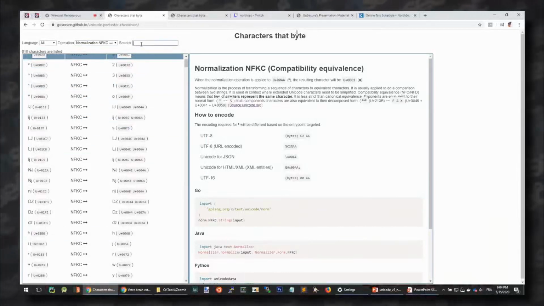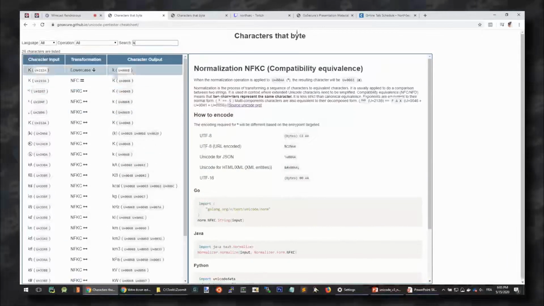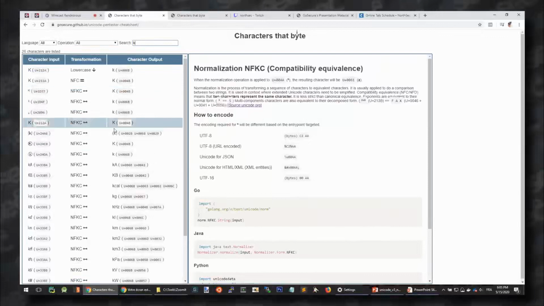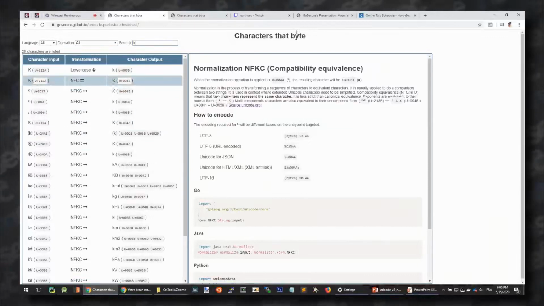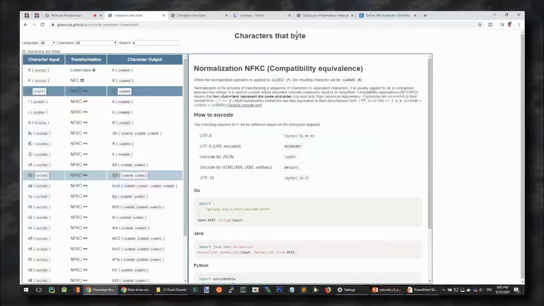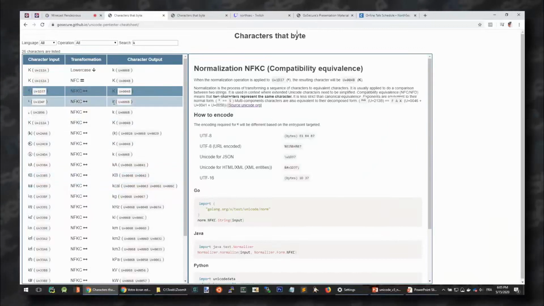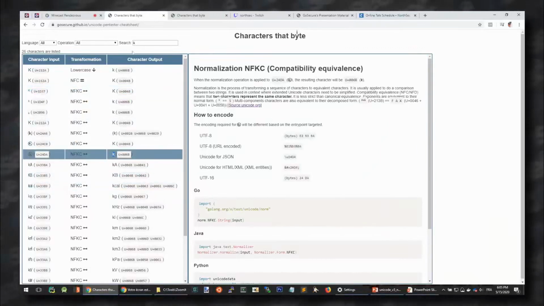And the search feature can be used if you need a character: you can search, for example, K, to find which Unicode characters can potentially be converted in transit by some library or some function to the ASCII character.